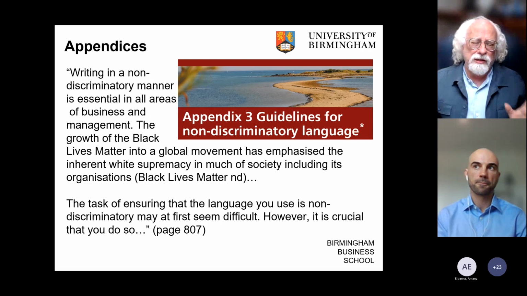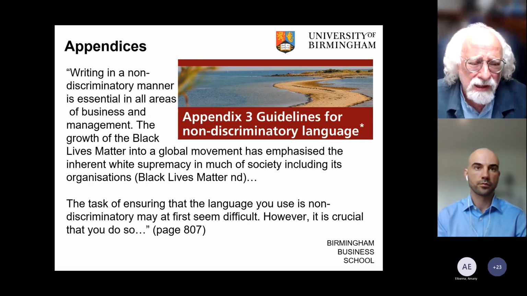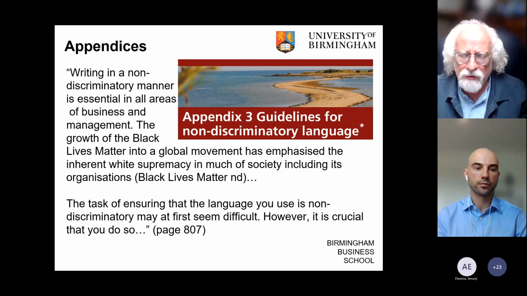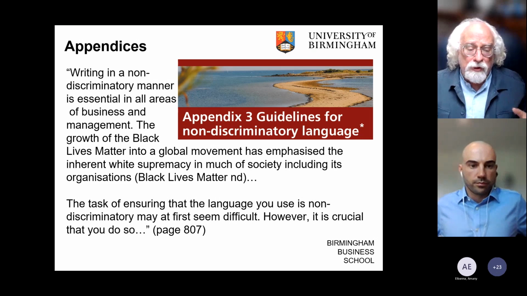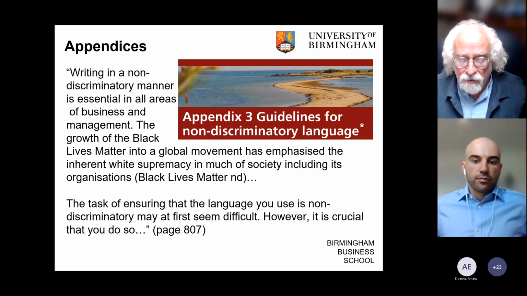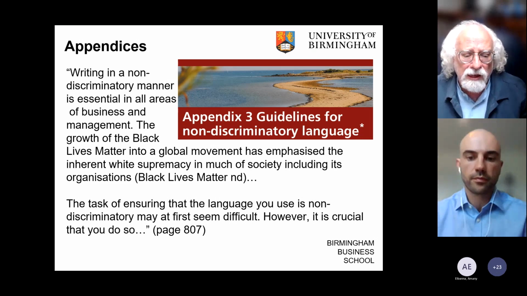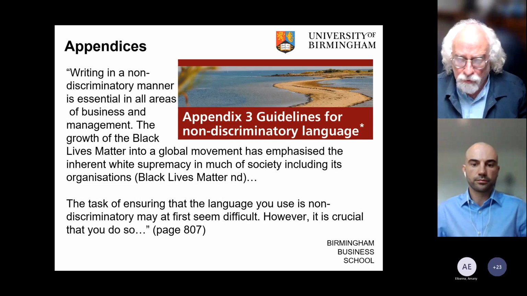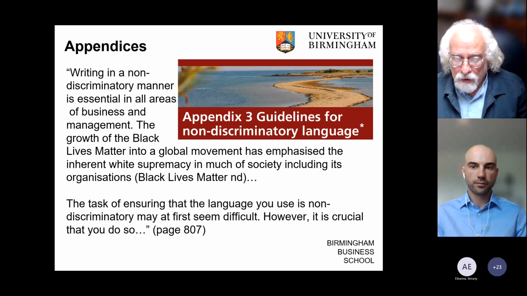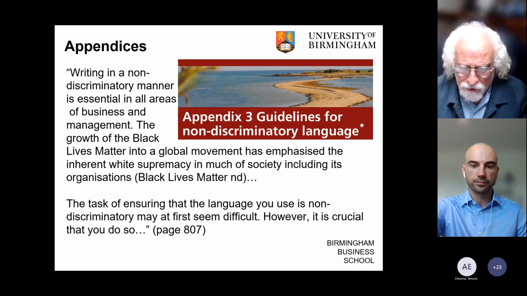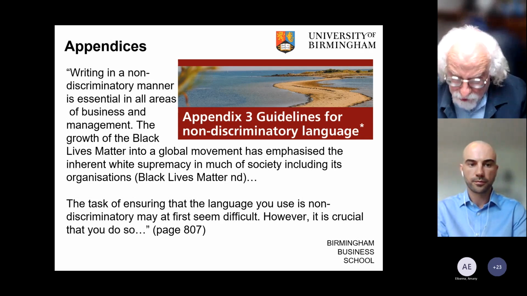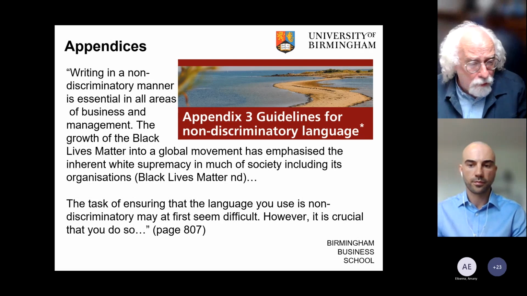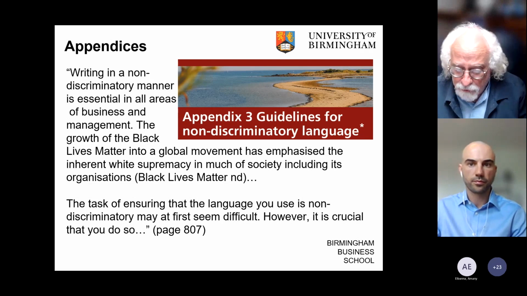We also tried to make it relevant to today, and so in the opening discussion of it, we talk about the Black Lives Matter movement, and then use that to link into why non-discriminatory language, even though difficult, is crucial, and why we should do it. And so we talk about how it reiterates beliefs and prejudices, and how discriminatory language is oppressive. Obviously, we also say it's unfair and incorrect as well.